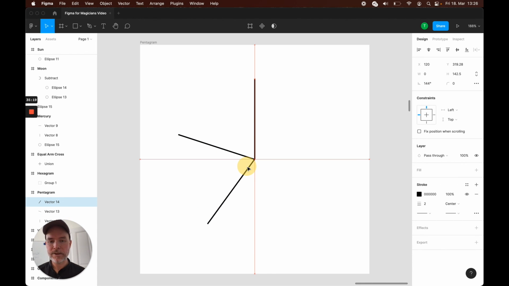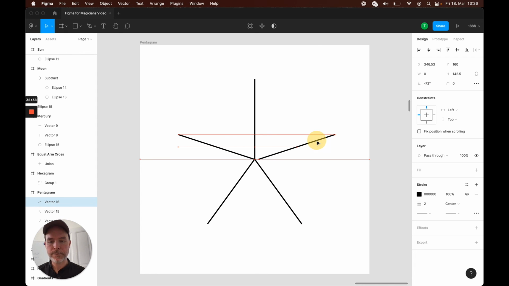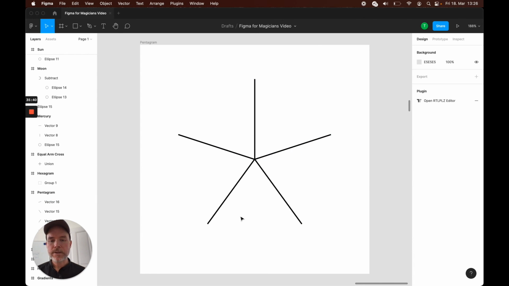And so on and so forth. One more time, actually 2 more times, I'm going to do this, 72 times 3. And you can see that in the 72 times 3 case, it gave us negative 144. So for our last leg here, I could just say negative 72. Negative values work as well. Okay, so now we have our star shape outline, which we're going to use to actually draw our